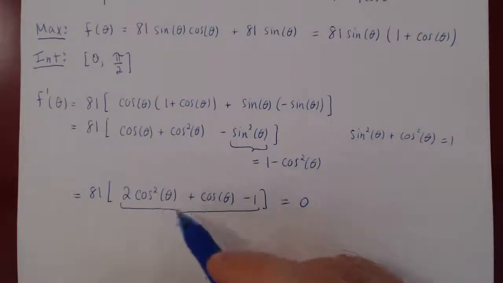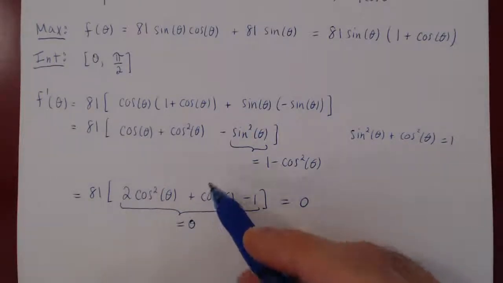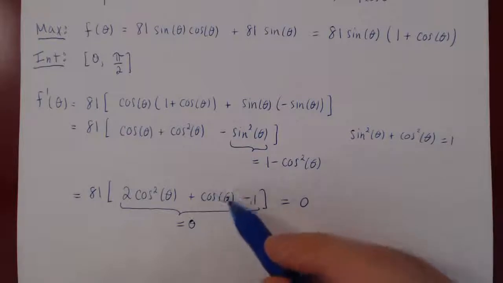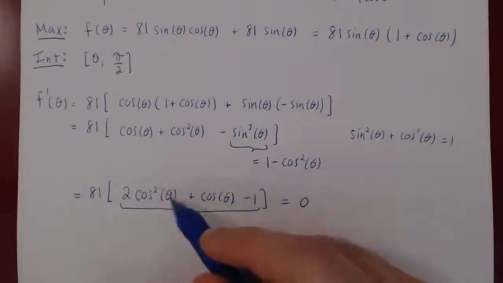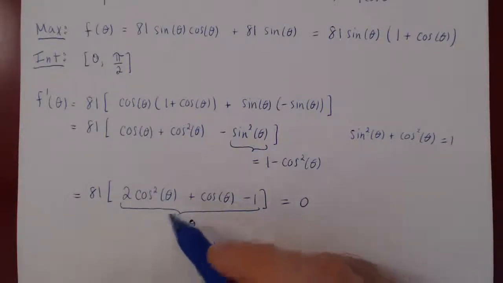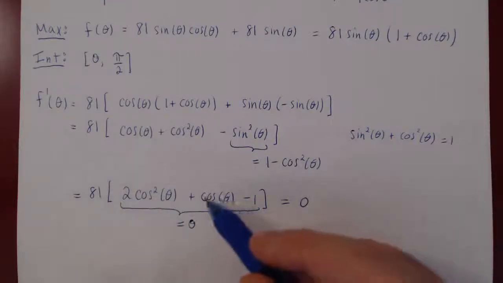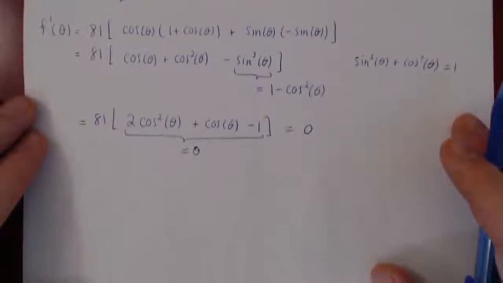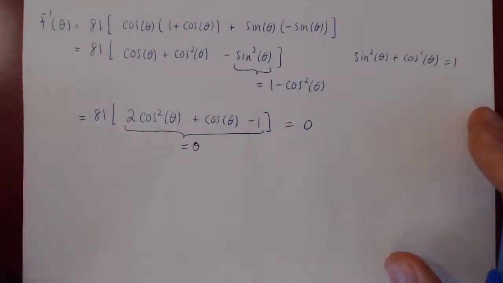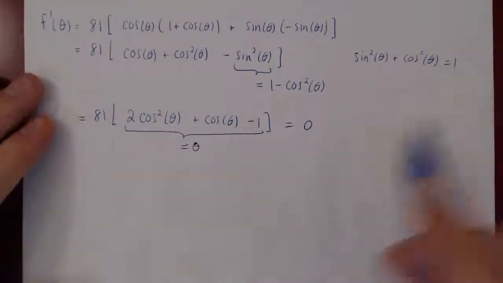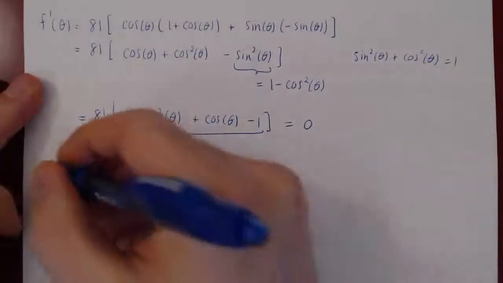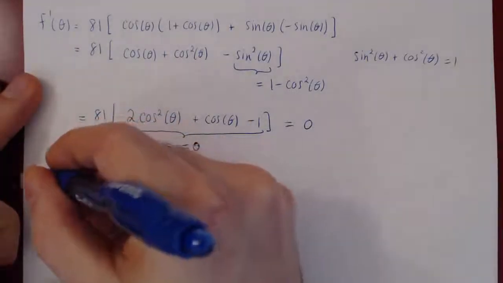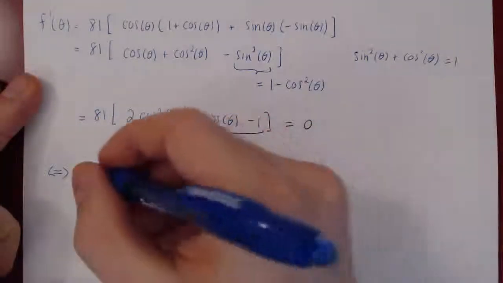Well, if you think of it, look at this as a function of cosine of theta. You have a cos of theta, and you have a cos of theta squared. So this is a quadratic equation in the variable cosine of theta. So we can use here the quadratic formula. This will be 0 if and only if our variable cosine of theta